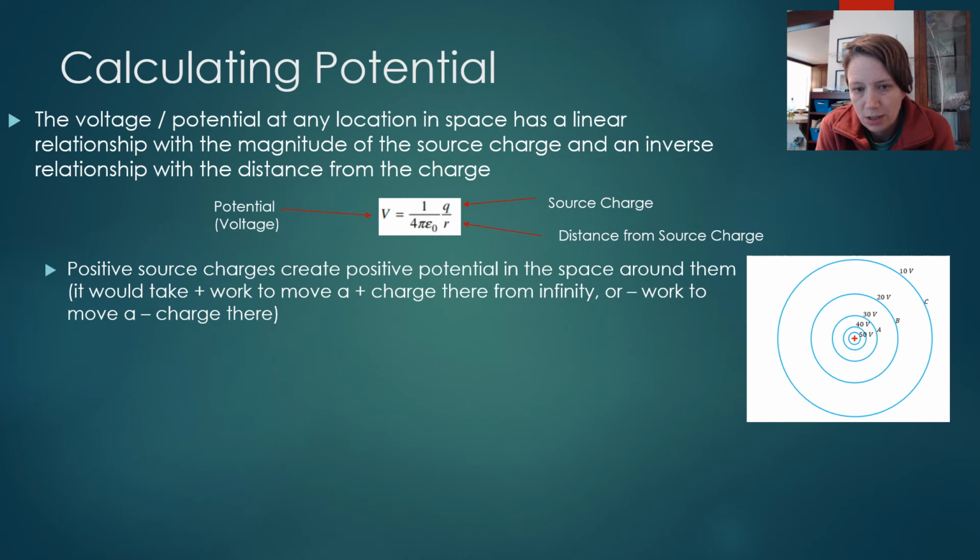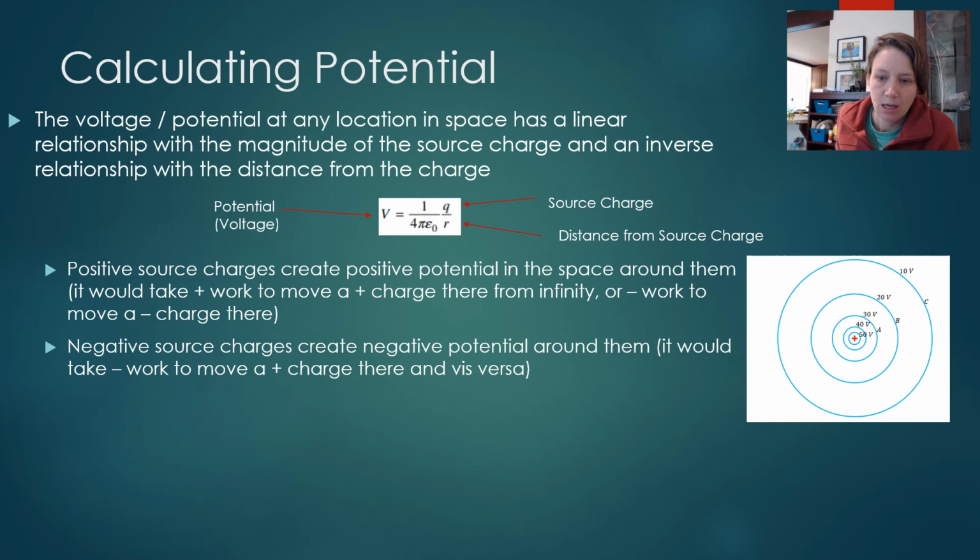And the reason those values get bigger when you get closer to the source charge is because there's an inverse relationship with distance, right? So the closer you are to the source charge, the more electric energy you're going to basically have, and that kind of should make sense. And another way to think about this is if you took a positive charge from an infinite distance away and you moved it to one of those locations, it would take positive work to do that. Or flip side, if you took a negative charge from infinity, it's going to be negative work to move that